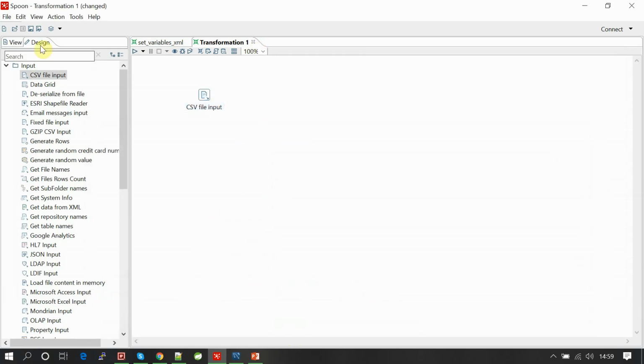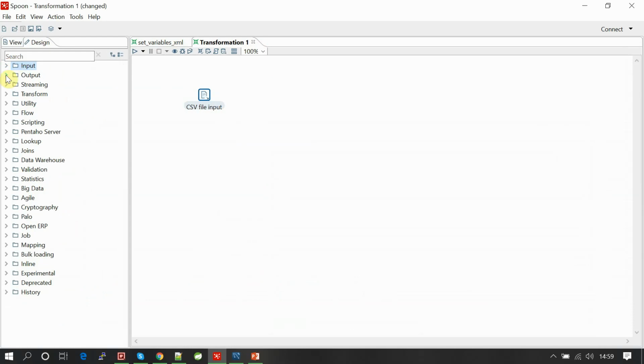So it's reading the content of the CSV correctly. Then we are reading the CSV file here. Now whatever data we are reading from the CSV, we are dumping that CSV data into a table. So for that I'm taking table output.